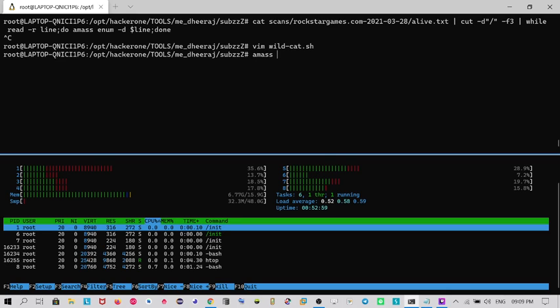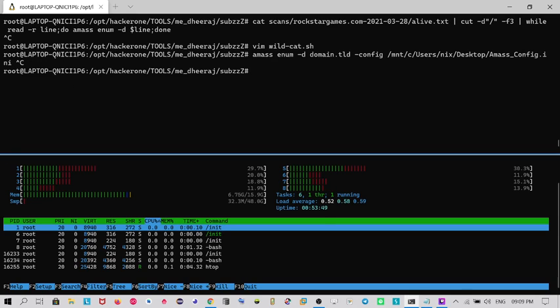I have a common script, and I have my custom configuration file, which you can consider like domain.tld. You can provide your custom config file, which contains multiple APIs that will give you more subdomains, and obviously that will be used to increase the scope or surface to work on. You just need to define it like config, and I have my configuration file over here, on the desktop, amass.config. So I'll use this